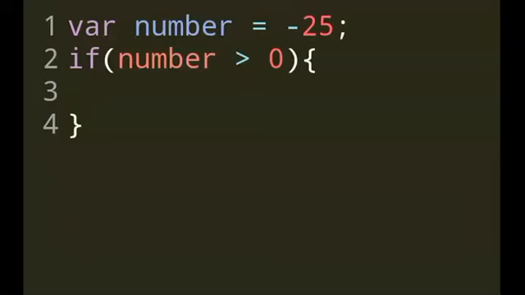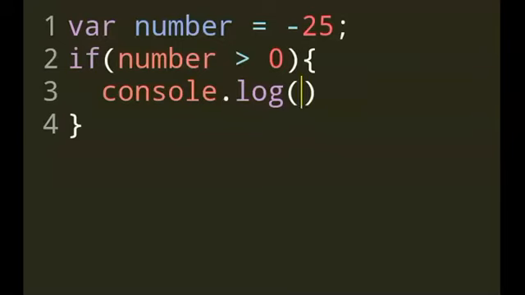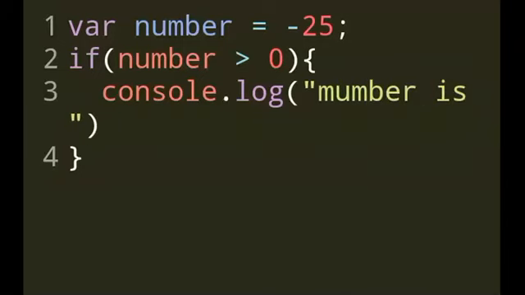then the curly bracket follows. Okay, you can follow exactly. So if the number is greater than 0, the condition within the parenthesis followed by the curly brackets, then what do you write within the curly brackets? Give a space. Then you write, I want to print out or declare, console.log. This is what I want to print out or declare. console.log parenthesis, open and close inverted commas, number is, guess what? Positive. Right? If it's greater than 0, number is positive. Don't forget the semicolon.